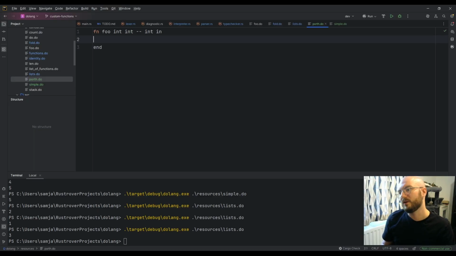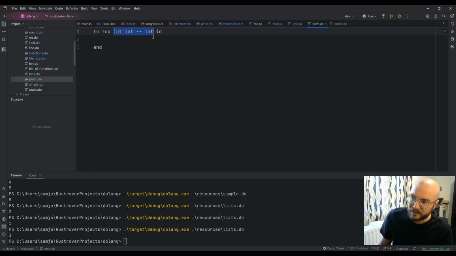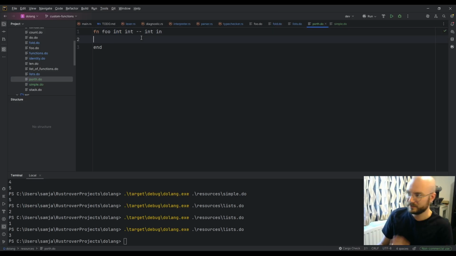And within this block, you start with your type stack with 2 integers on it, and by the end of the function, if you don't have a single integer in your type stack, then it's a compiler error. You always have to say the types, and it's not so bad because the types don't get very complex in Porth.